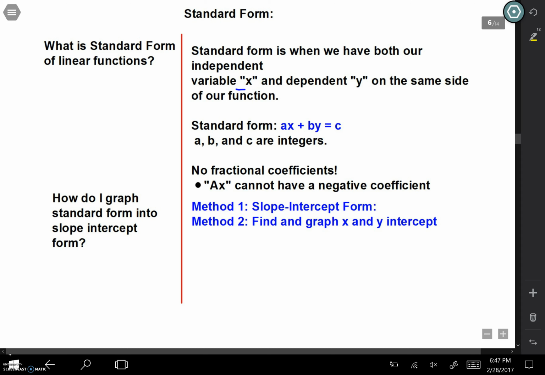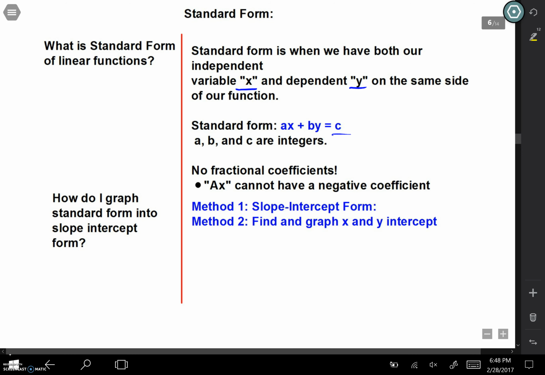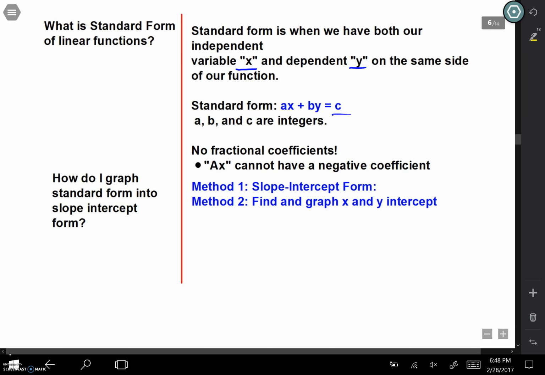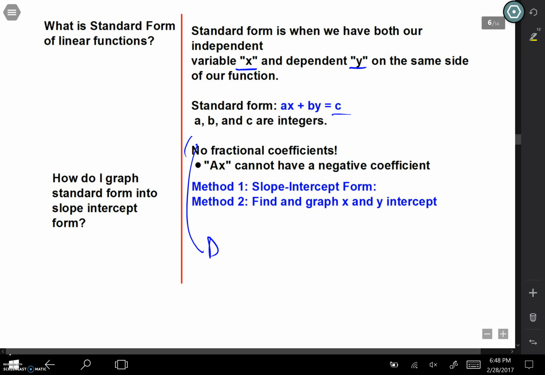Standard form is when you have your x and your y, your independent variable and your dependent variable, all on the same side of your function, and then you have the constant on the other side. A couple of rules though for standard form: we cannot have a fractional coefficient, and your coefficient of x, a, cannot be negative. So for example, going down here, something like this